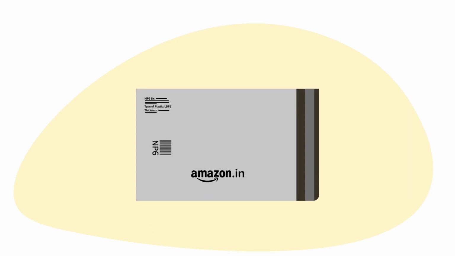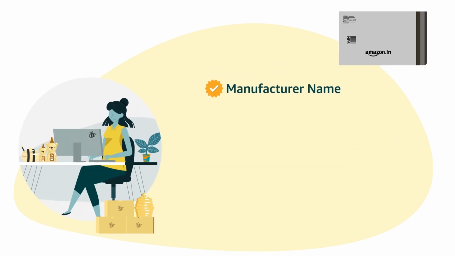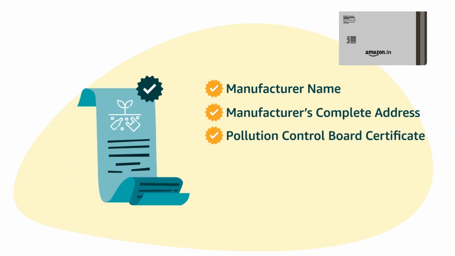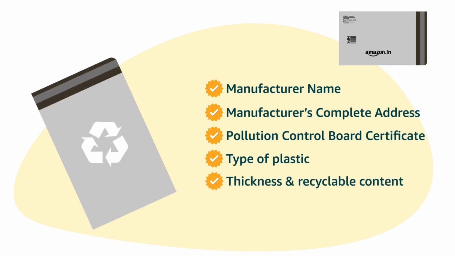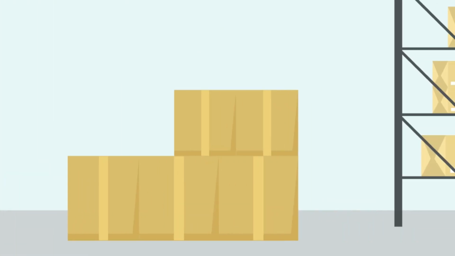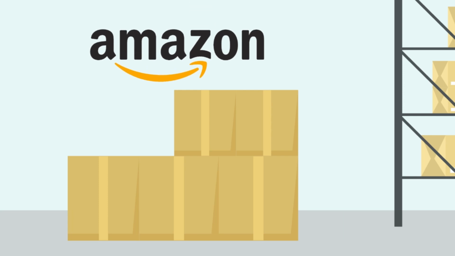While procuring shipment packages, ensure the below details are printed on the poly bags. Manufacturer name, manufacturer's complete address, pollution control board certificate, type of plastic, thickness and recyclable content, buyback price. You can choose to use Amazon branded packaging to pack your shipment. Further, if you choose to